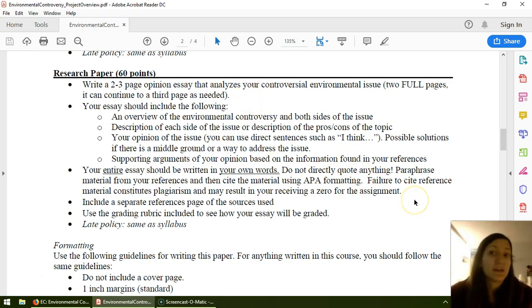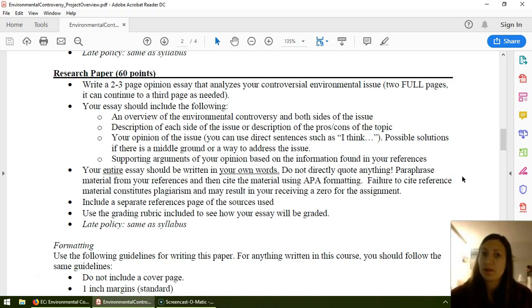This essay needs to be in your words entirely. You're going to be using a lot of research. You need to paraphrase all of your research. You will miss points if you use direct quotes. Direct quotes are not appropriate in this course. They're really not appropriate in science at all. And that's why I'm telling you, you cannot use direct quotes. Because in science, we don't use direct quotes. We paraphrase. Now, because you're doing research, we will be doing citations.